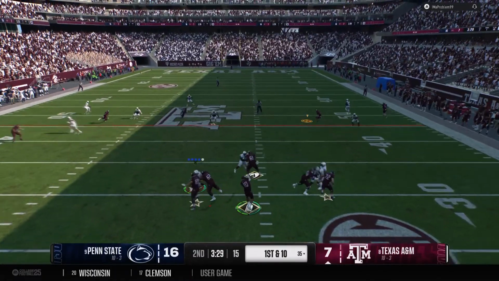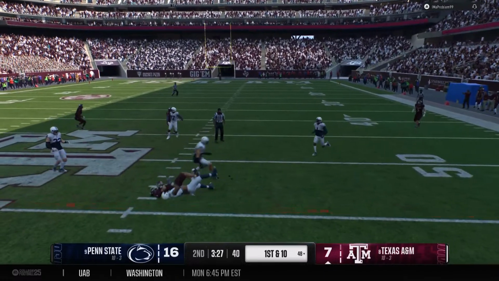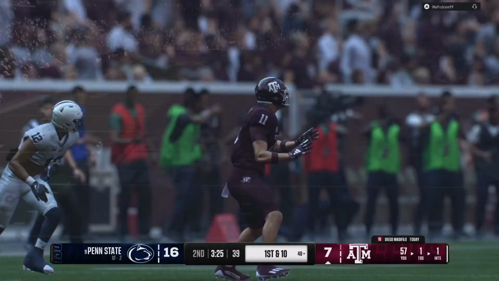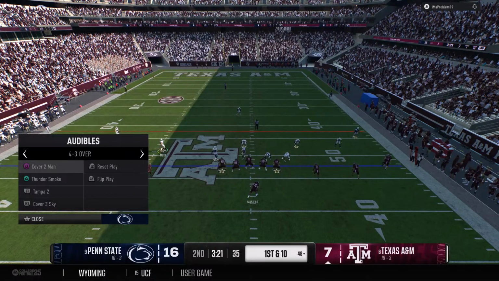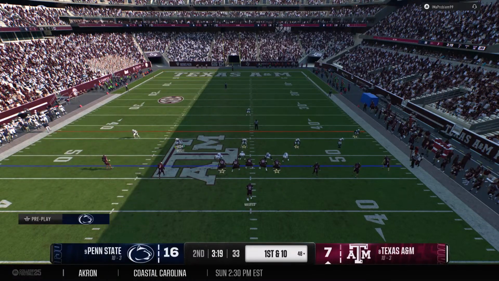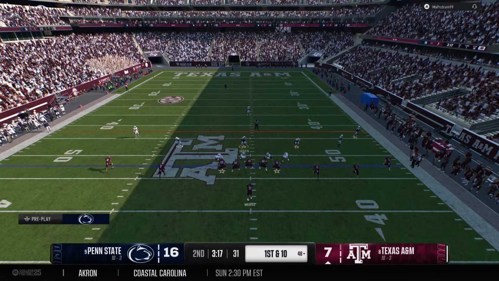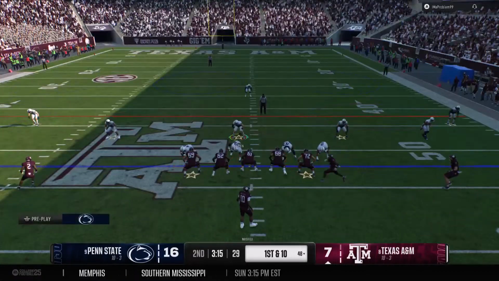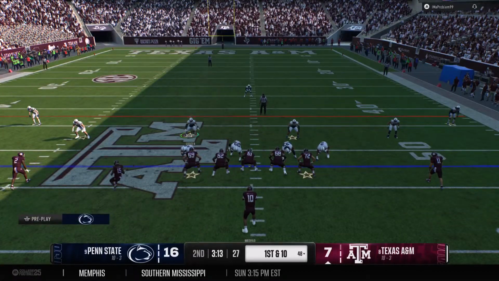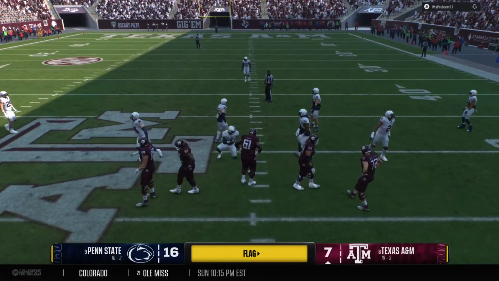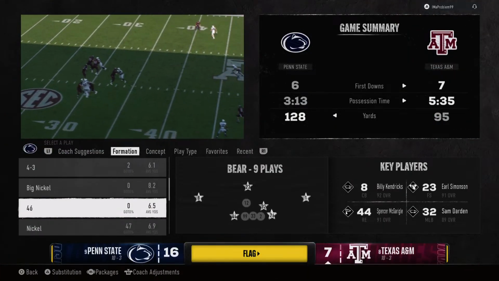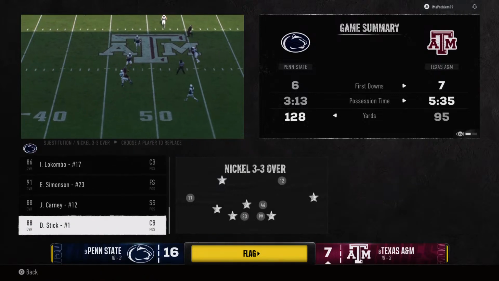On 1st and 10 here, looking to throw the ball. He makes the grab. And the gain just good enough for a first down. The Aggies hustle to the line to run the hurry-up. The defense spreads all over the field playing zone, trying to make this quarterback make a mistake by throwing it into coverage. But he finds the soft spot on the curl and picks up a first down. Pretty easy call for the head coach. He will accept that penalty, of course.